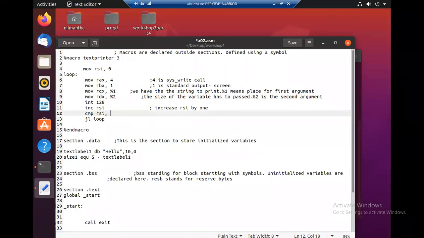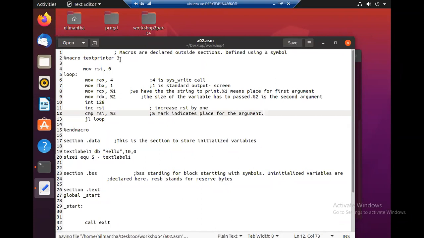So it is %3. So in the place where you have to place arguments, you mention it using the % mark. Just like you declare a macro, inside the macro the percent mark indicates the place of the argument.